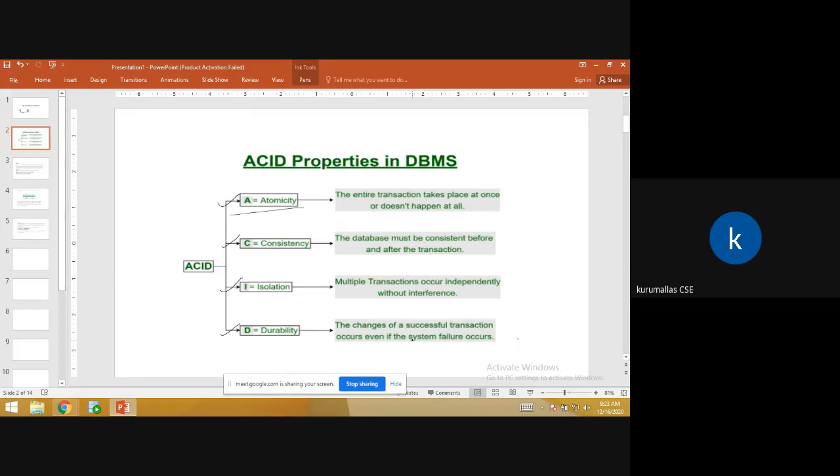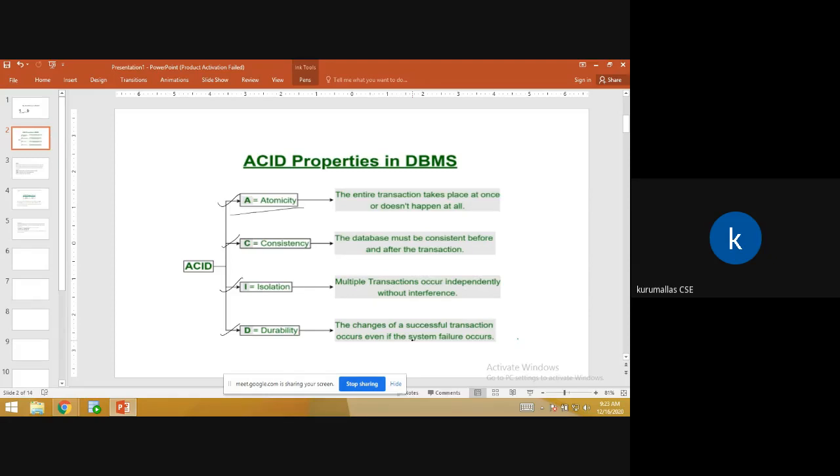Okay, that is the durability, right? So ensuring atomicity and durability are the responsibility of the database system itself, right? So this is about atomicity properties in a database design. This is very, very important for your final exam, right?